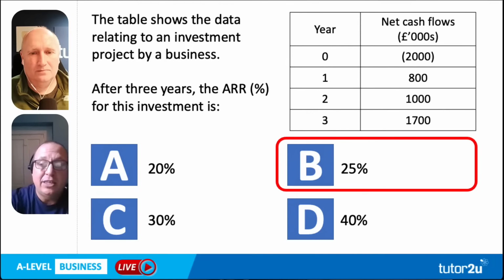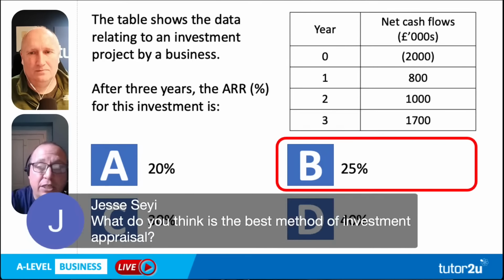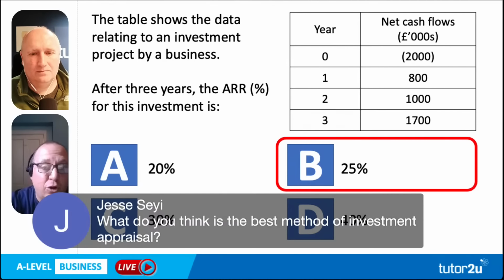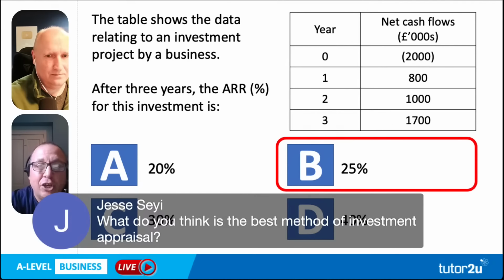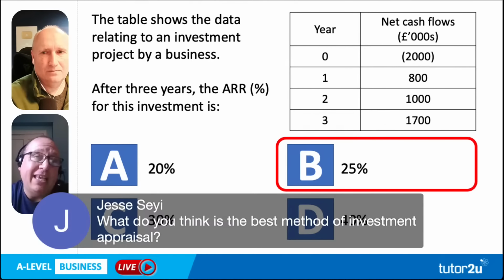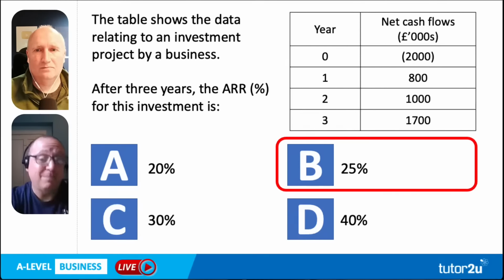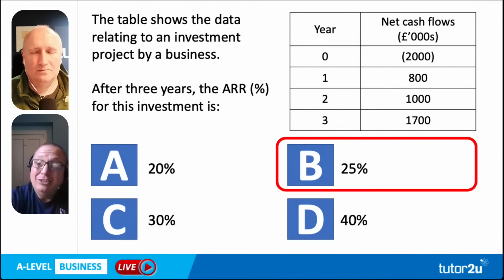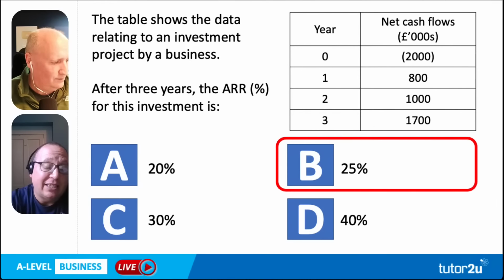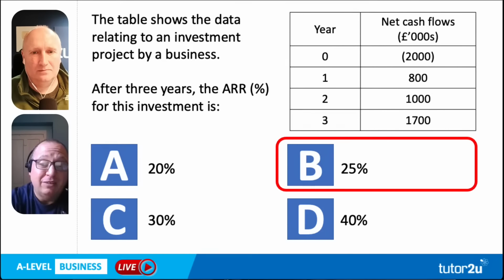If you're a business that operates in a highly dynamic market and cash flow is an issue, maybe payback, because that focuses on how quickly you're going to get the money back. If the objective of the business is profitability, then maybe the average rate of return. But the best method overall out of the 3, the only one that gives a definitive answer, is net present value, because that takes into account the time value of money. So if net present value is positive, you would proceed with that investment, because it means in monetary terms,